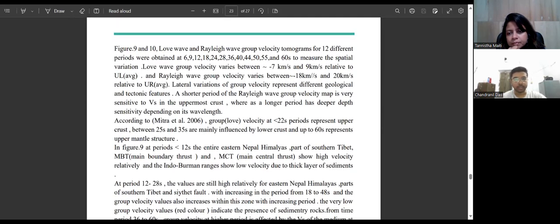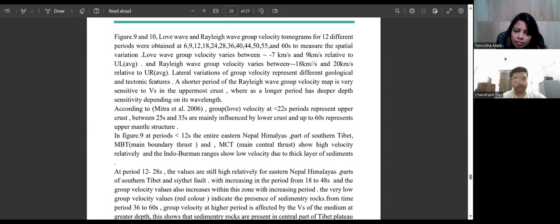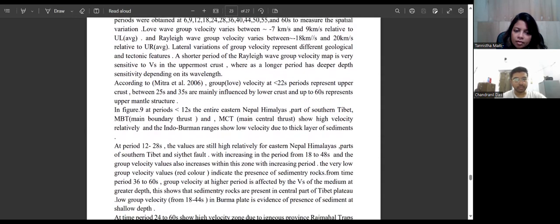So the lateral variation of group velocity represents the defined geological and tectonic features. A shorter period of the Rayleigh wave velocity map is more sensitive to Vs in the upper crust, whereas a longer wave period has greater depth sensitivity according to its wavelength. For the group Love wave velocity map, less than 22-second period represents the upper crust, between 25 and 35 seconds is mainly influenced by the lower crust, and up to 60 seconds represents the upper mantle. In the figure 9,